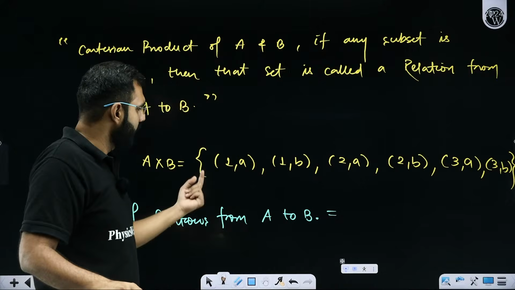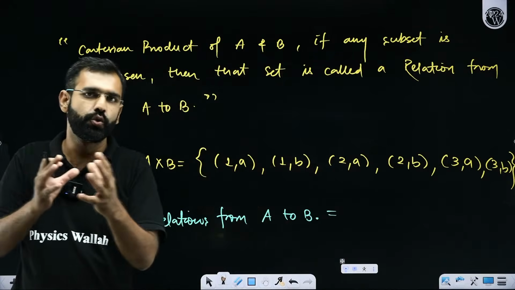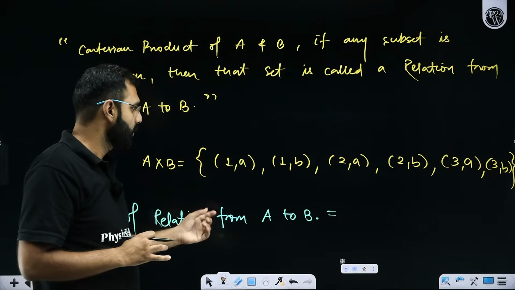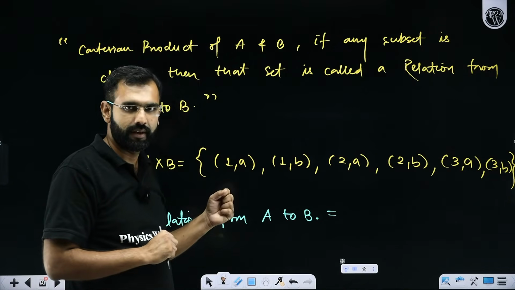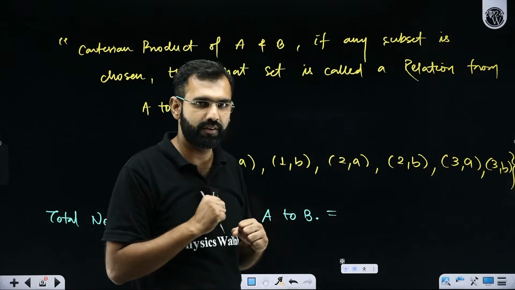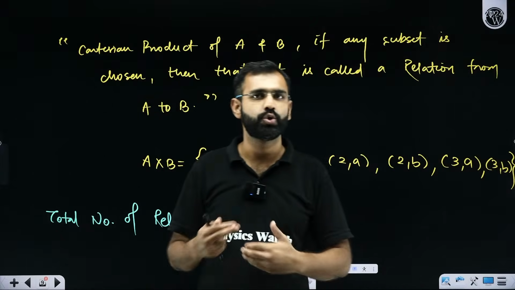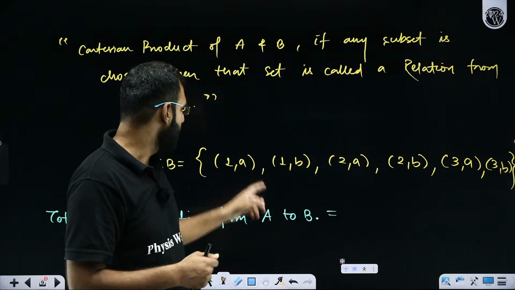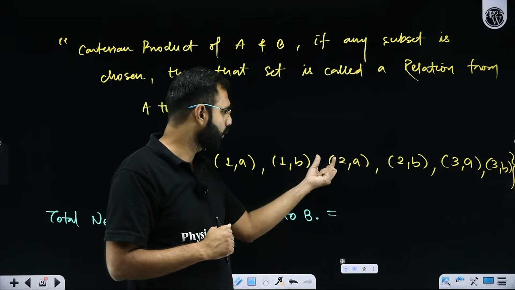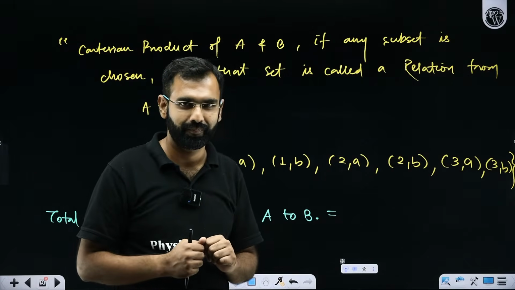So, sir, if I have 6 elements available with me, what are the possible ways I can choose some elements? Apply your brain, apply some logic. I'll say, with this element, I have 2 choices. And with this element, I have 2 choices. With this and this also, I have 2 choices. Sir, what do you mean by 2 choices? I will either take it or won't take it. So with every single ordered pair, I have 2 choices.